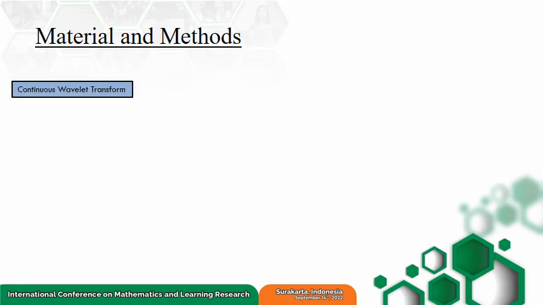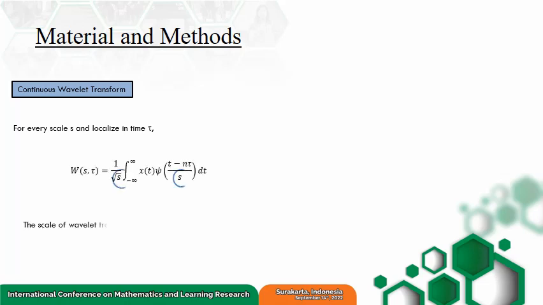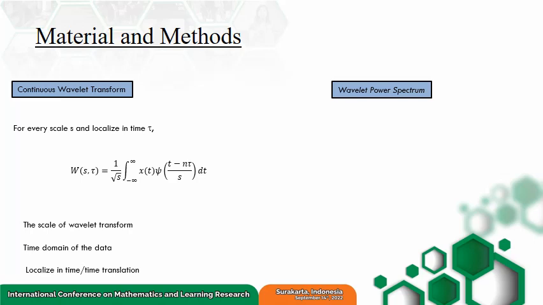Material and method: continuous wavelet transform for every scale S and locals in time tau. We use the continuous wavelet transform. S is the scale of the wavelet transform, X(t) is the domain of the data, and tau is locals in time or time translation. So the wavelet transform spectrum is reconstructed from the continuous wavelet transform to spectrum,